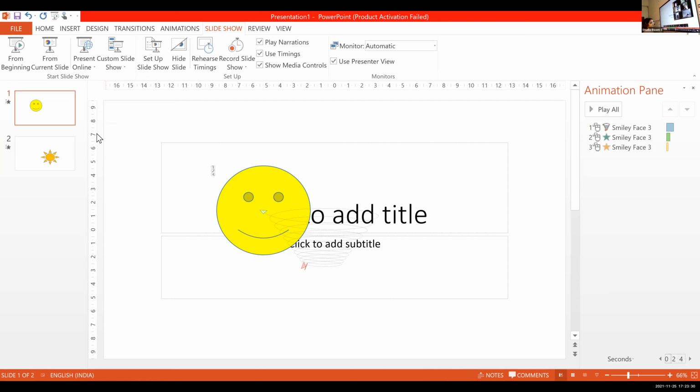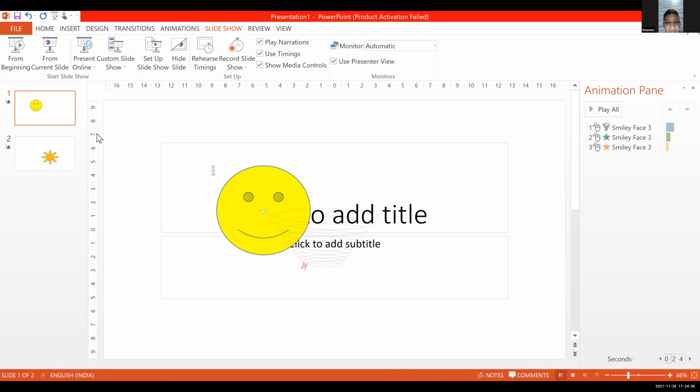Unmute. Yes, ma'am. Okay, if I want to insert a shape, what do I have to do? Which option do I have to choose from here? Which tab? Insert. Okay, I have just clicked Insert. From there, which option do I have to choose? Is it online pictures, screenshot, photo album, shapes, SmartArt?